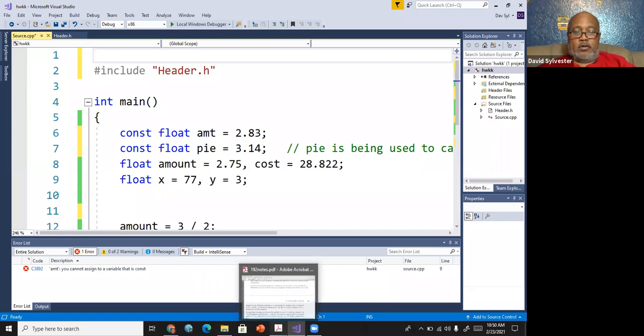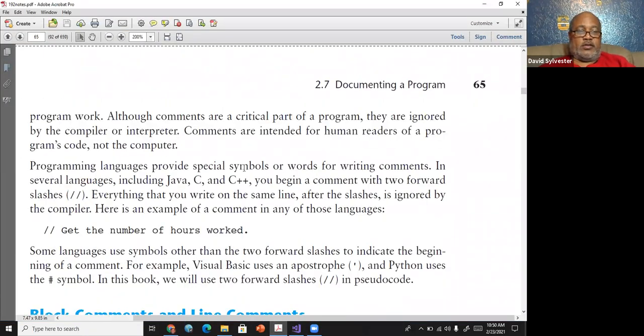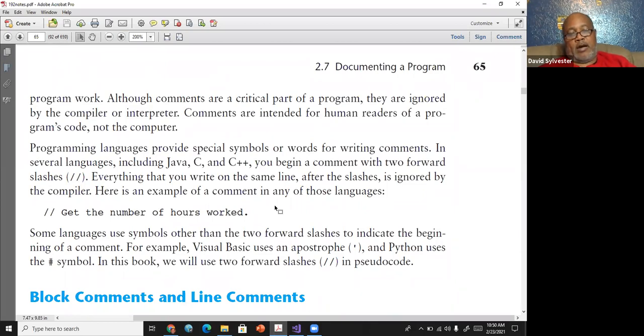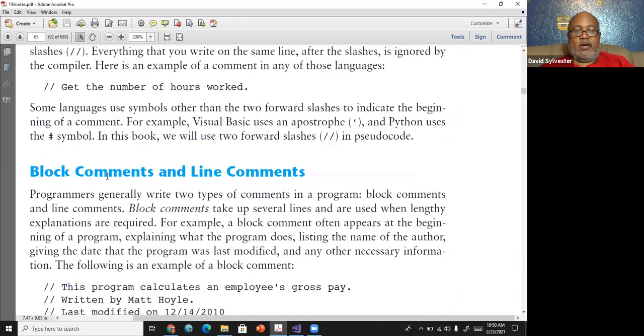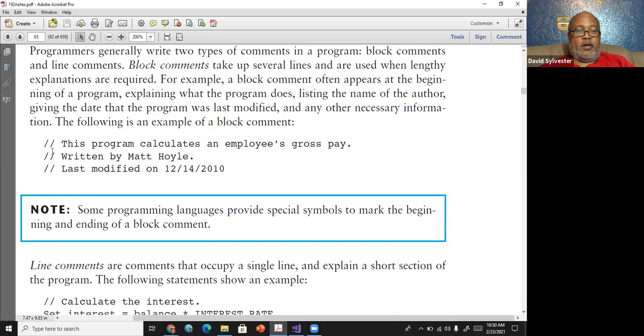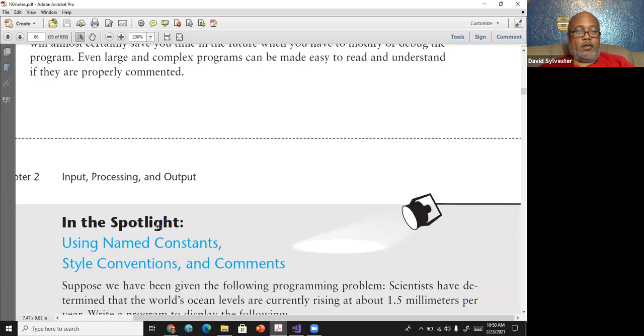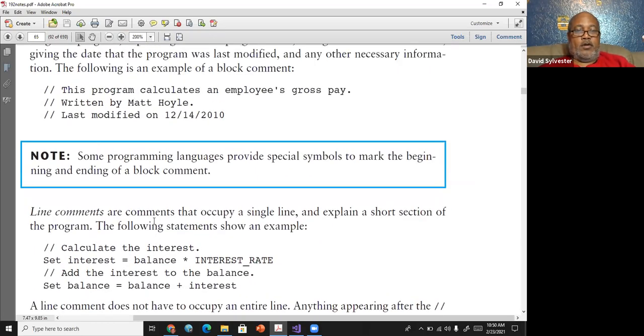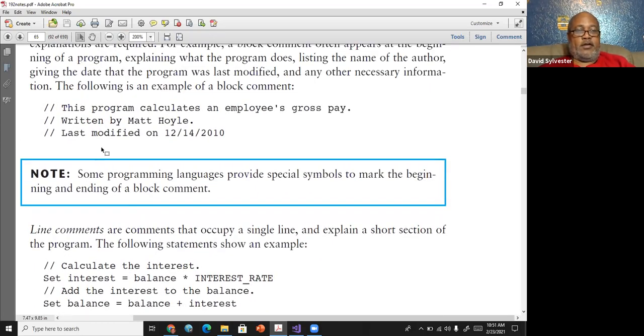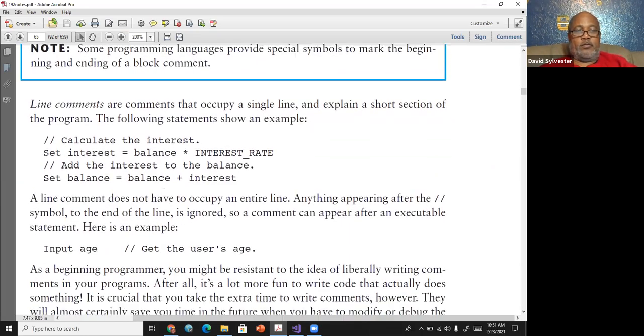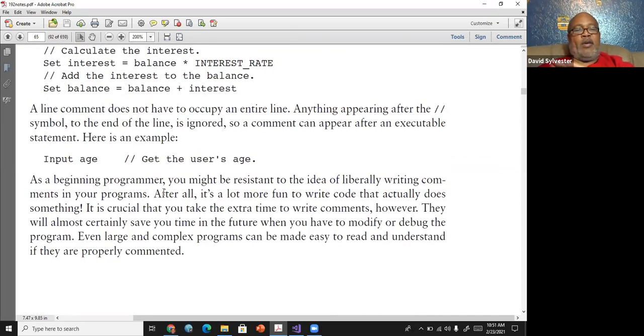All right. So it just tells us, // comments a line, and /* */ comments a block of lines. Rather than doing this, you could have done the slash asterisk, and then at the end of it, on the blank line, asterisk slash. Not at the beginning. The ending is the asterisk slash. All right? So there are several ways you could comment any way you want in your program, throughout the program.